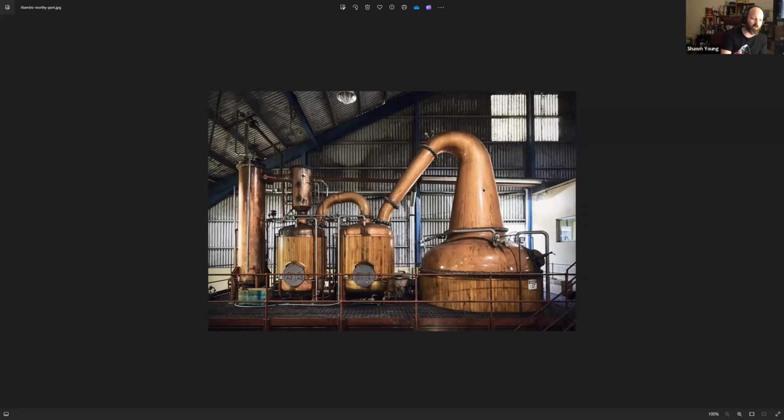This image is courtesy of Maison Vellier, so I'll give credit to them on that. I don't remember where this one is from, but I think Long Pond, Hampton, and Worthy Park are the main ones. This might even be Clarendon, to be honest. But your main still here is where you're putting your wash. And then as it kind of comes over,